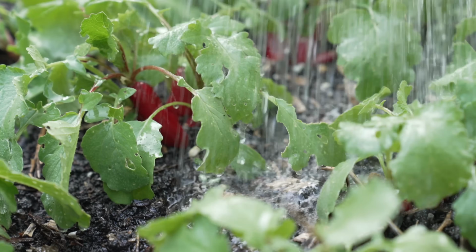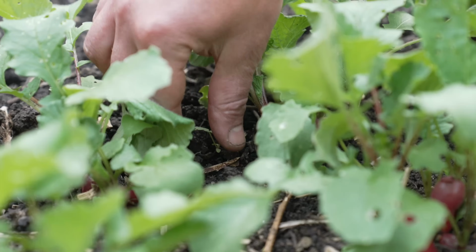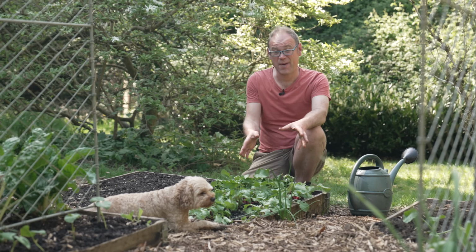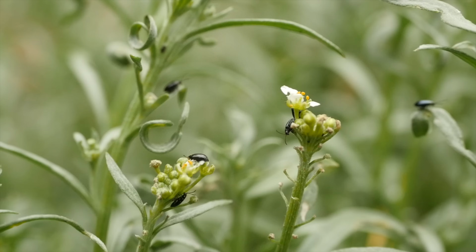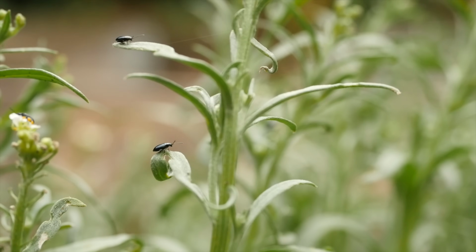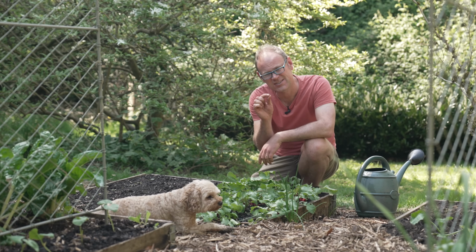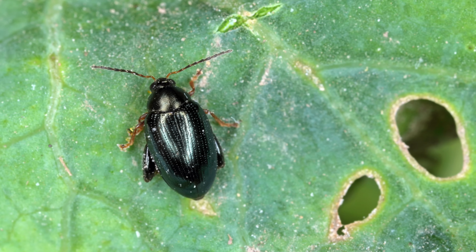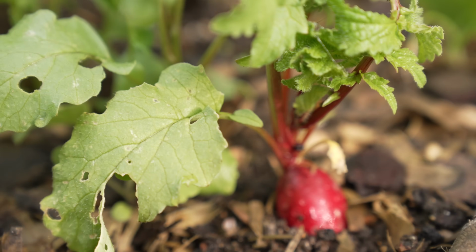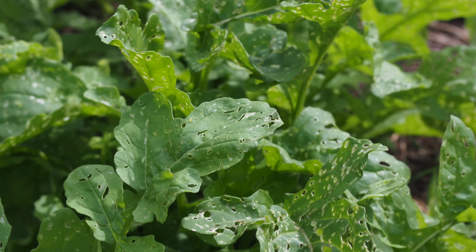And as you're watering, it's a good opportunity to pass through any rows or blocks to pull out or hoe out any weeds you come across. Flea beetles are perhaps the most common pest you're likely to come across. These tiny, shiny beetles get their name because they spring away like fleas when they're disturbed. Now they cause tiny pitted marks in the leaves that can fray and yellow around the edges. They don't cause a huge amount of problem, but a severe infestation may slow down growth and affect the quality